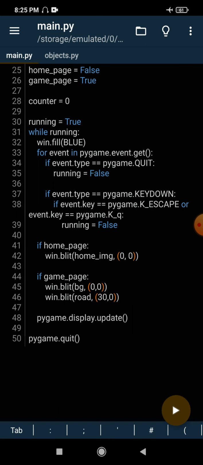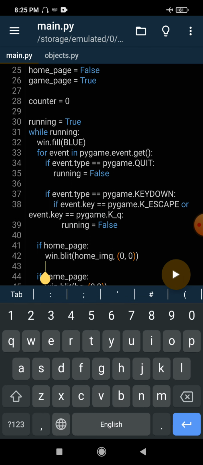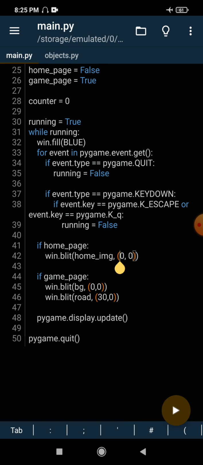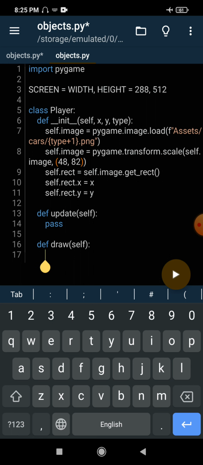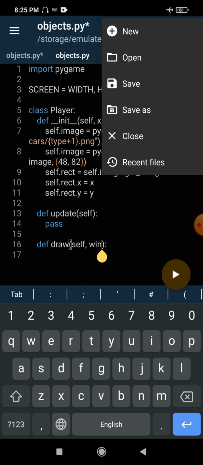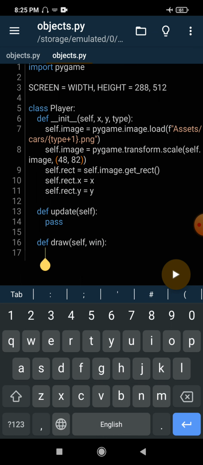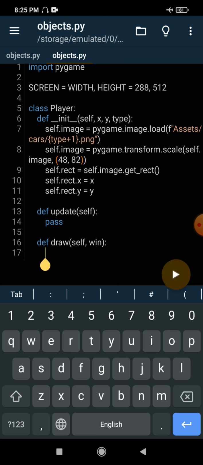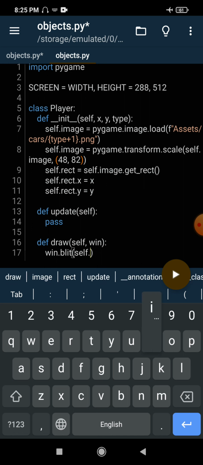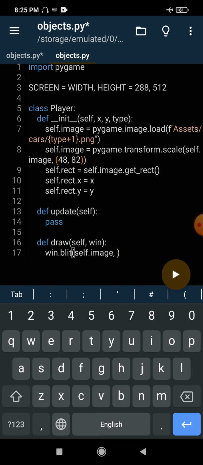Okay. Now see, there are two ways to display an image on the Pygame screen. The first one is win.blit. You just type the image name and then the position where you want to show it. The second way is when you use classes. In classes, this is a little different. Our draw method will take an argument window, and this window is where we want to display our car. This is same as the one we created here in this file. And here we have to type win.blit,